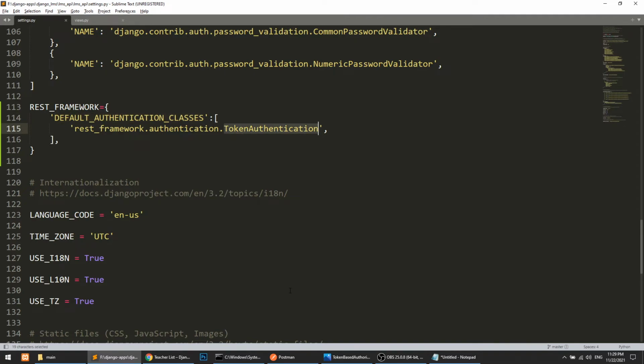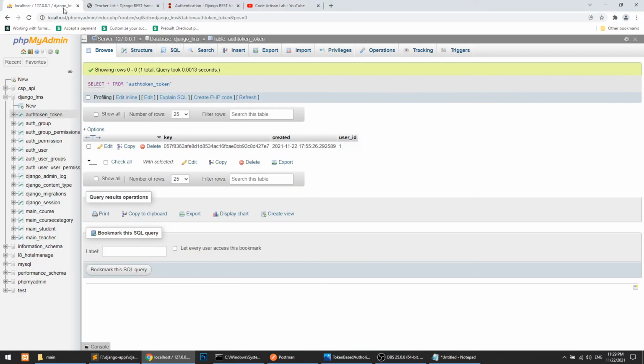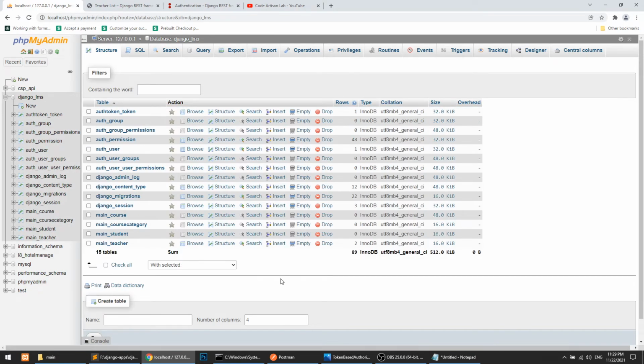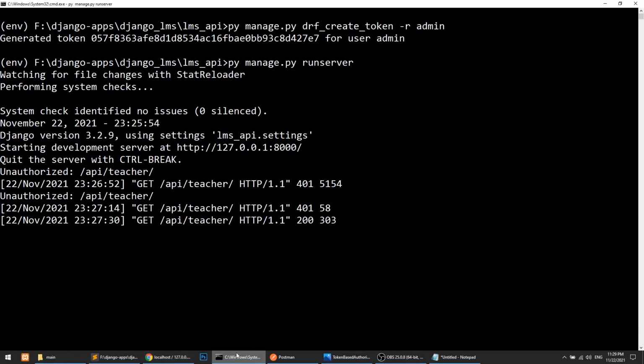Then the second step is we have to run the migration, so it will create the table here. After that you need to run this command, py manage.py drf_create_token, and create the token with this user. This is the username, and I am adding -r because I'm recreating the token.